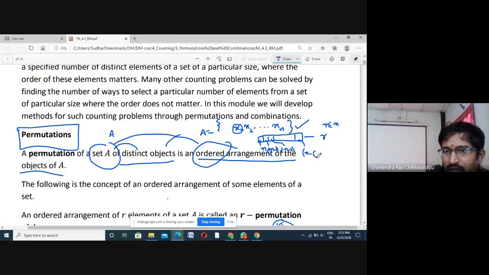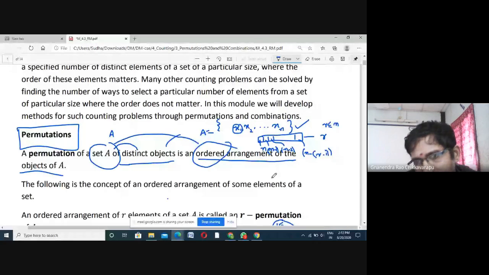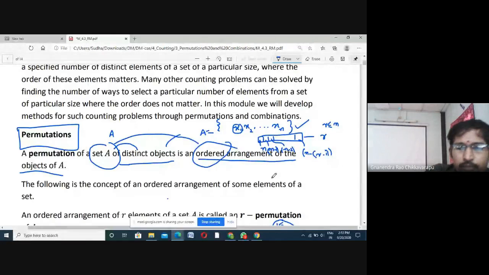Using the product principle, sorry, the rule of product, because we need a string of length r. After filling the first position in n ways, a string of length r is not obtained yet, so go for product. The second one can be filled in n minus 1 ways, still the string is not reached, so go for product.